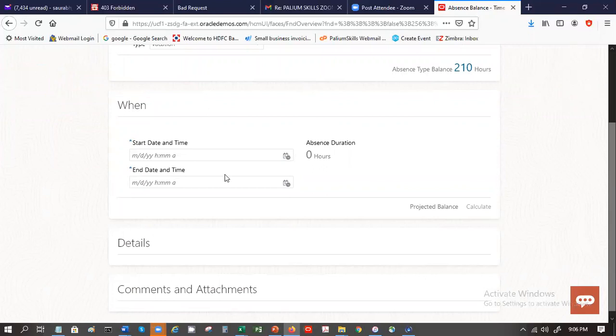So this is the number of hours that the person has before this leave. And once he takes the leave, then the reduced one will be the projected balance, which will appear over here.